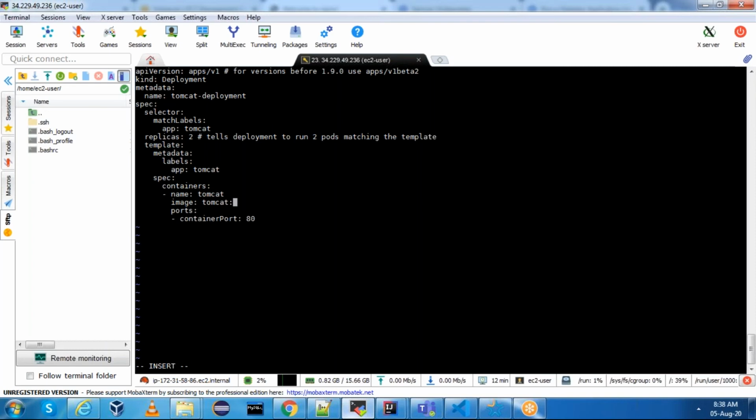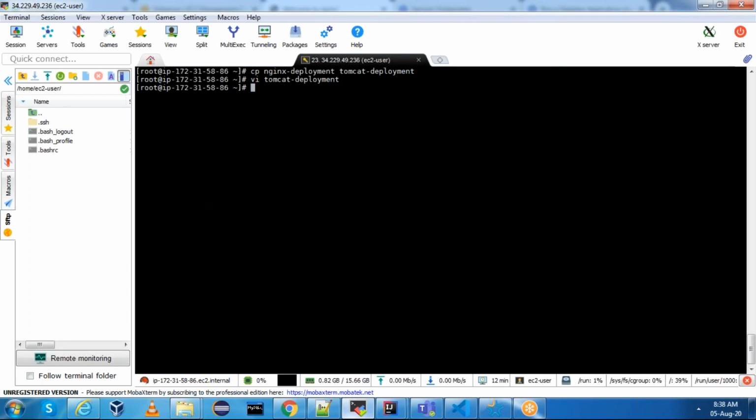The point I was trying to mention is that with Minikube, you don't have to set up EKS, all these things. Minikube works as a local cluster. Okay, if you want to quickly do some practice, you can use Minikube and do the development, all these things, on the Minikube cluster. I'm creating container port as 8080. Save this.